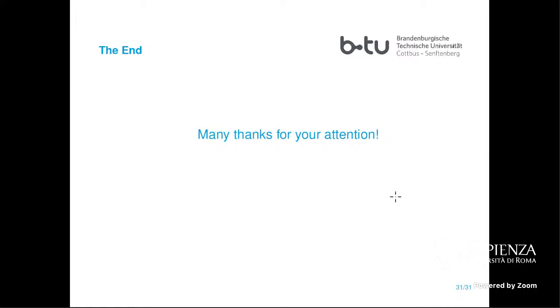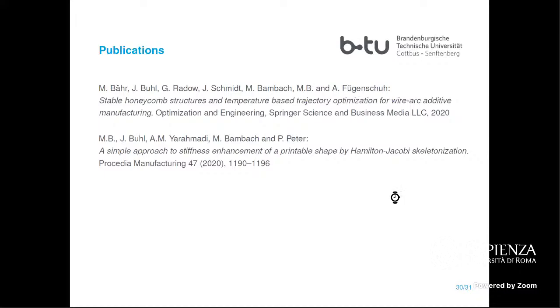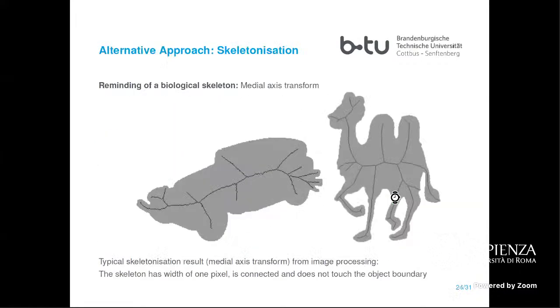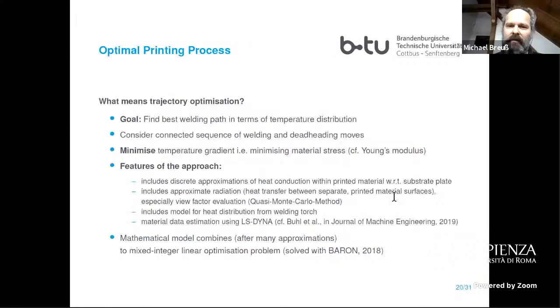I wanted to ask if you can give one or two details on the mixed integer optimization that you solve for the scanning path. I'm not sure, maybe I lost it or you didn't mention it. Very probably I did not mention it. It is very intricate, yes.